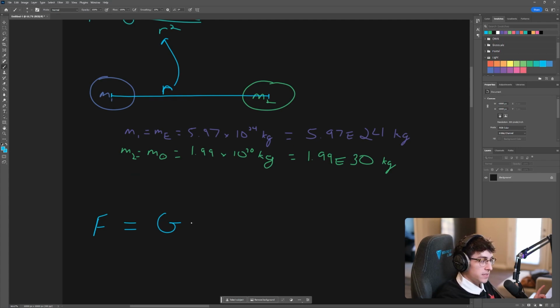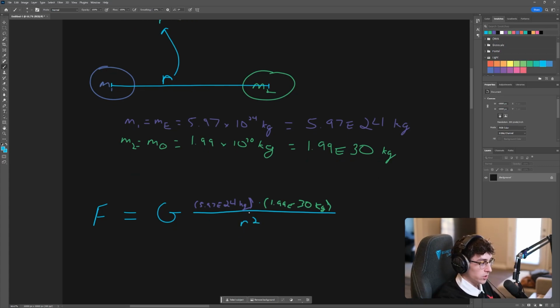So what we will have is the force of gravity is equal to the gravitational constant, which we'll fill out in a second, multiplied by 5.97 times 10 to the 24th kilograms, that's M1, the mass of the Earth, multiplied by 1.99 times 10 to the 30 kilograms, which is M2, the mass of the sun, divided by